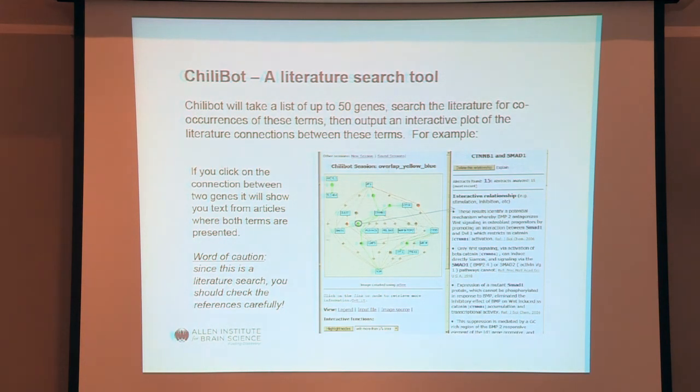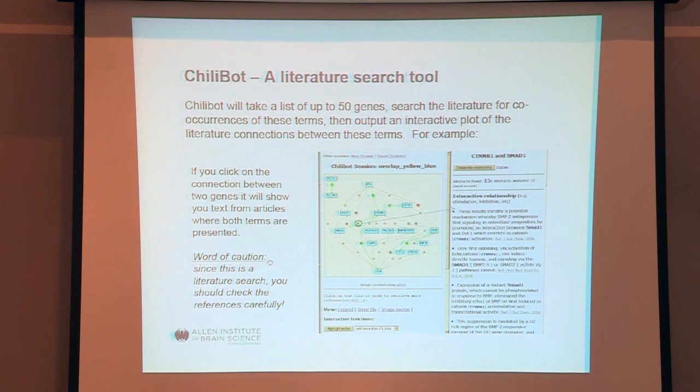This would be an example of, I think I put 20 genes in related to the overlap of 2 modules. You can then click on these connections between the genes to get back the relationships that were found in the text. The colors represent whether they've called it a positive or a negative or a parallel interaction. One word of caution here is, as with any literature search, you should check the references